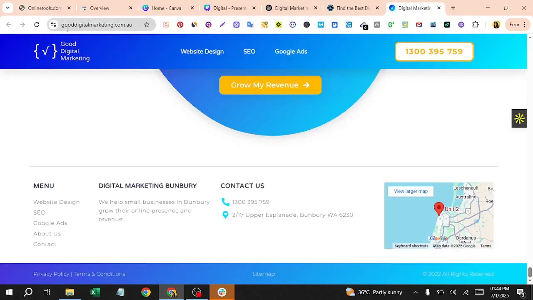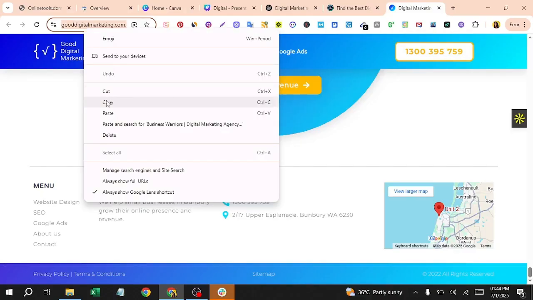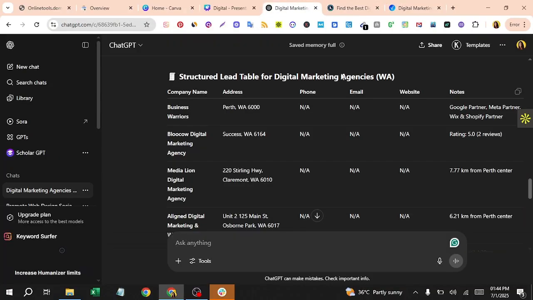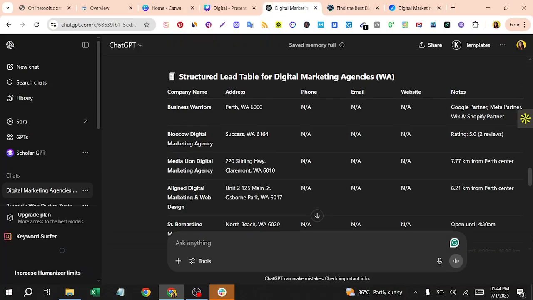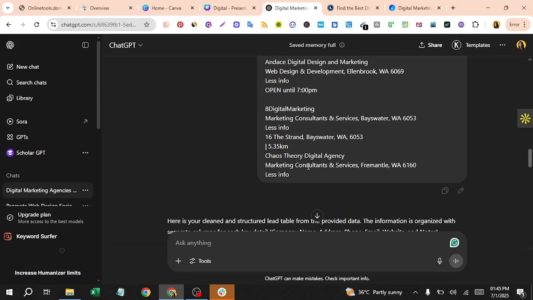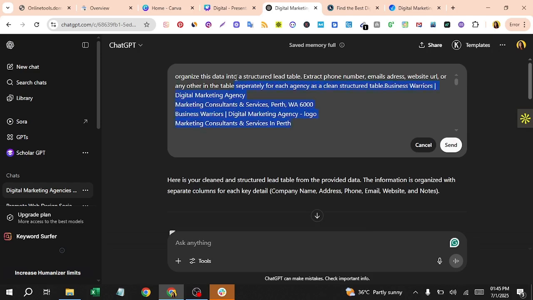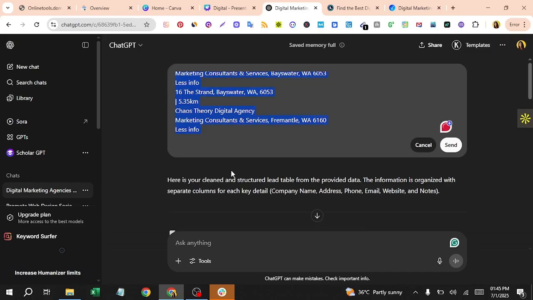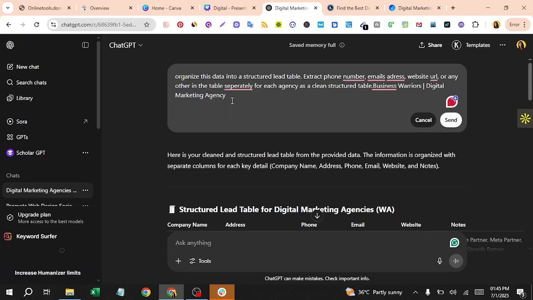Again, come to more info. You can copy this website address, then come back to this prompt and edit it. You can also give it the website address.